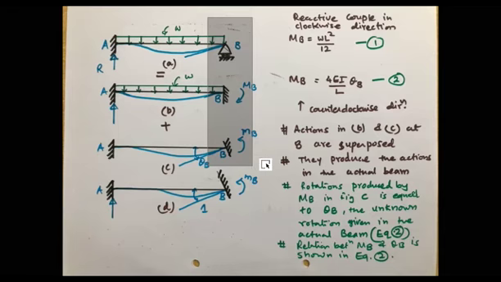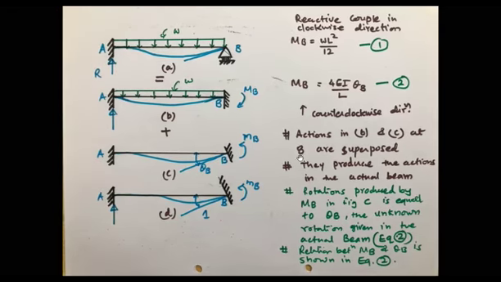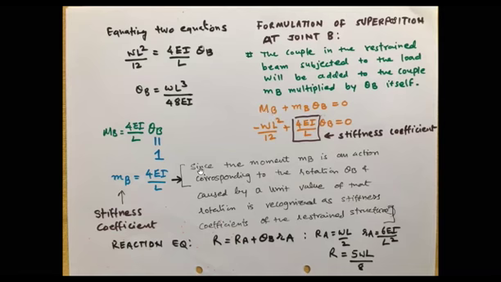But here we are going to add the moments, or in some cases we will be adding the forces also. That type of example we'll see. So that is nothing but the equilibrium equation, and we can finally get our answer by writing this equation by the stiffness equation. You have equated this and you finally get theta B.